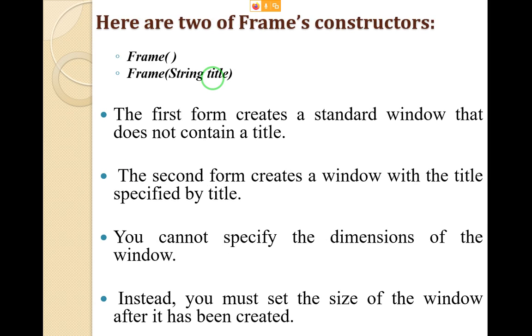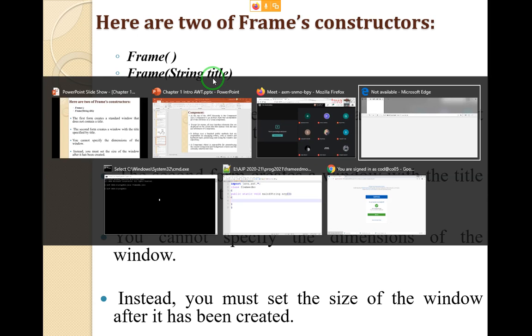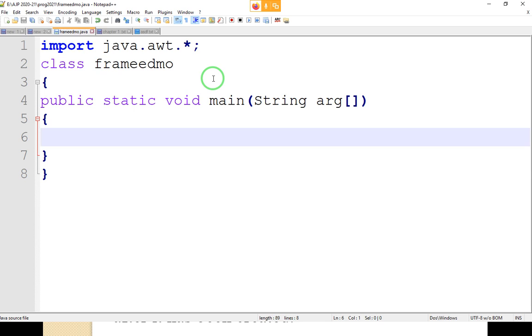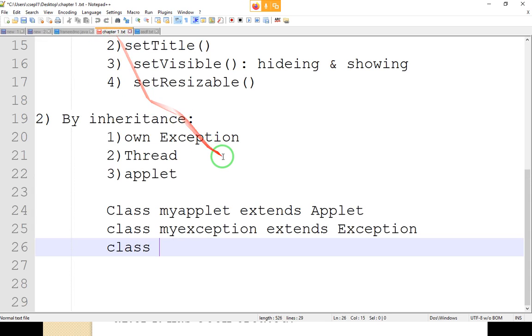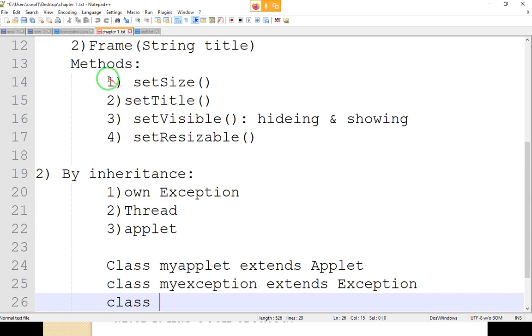And when a frame is created, as Frame is one of the classes to create a window, it has some methods. Those methods we also described in the last lecture. What are those methods?